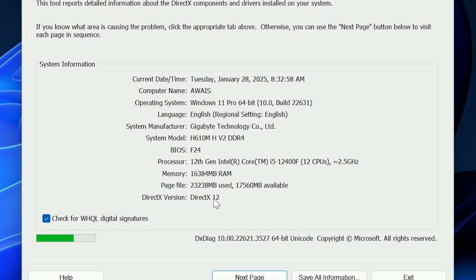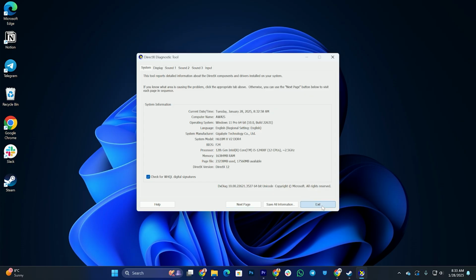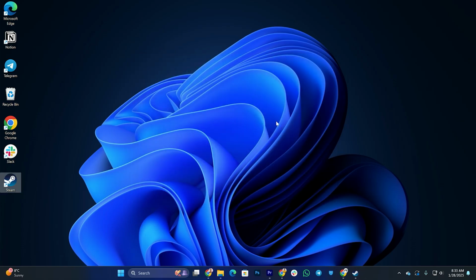you can see DirectX 12. So you need to make sure that your PC has DirectX 12. If it doesn't have it, you will not be able to play the game. If you do not have DirectX 12, you can simply make sure to update your Windows, and then you just need to check again whether it has updated to DirectX 12 or not, or you can also download DirectX 12 from the